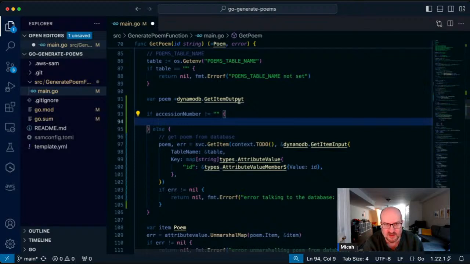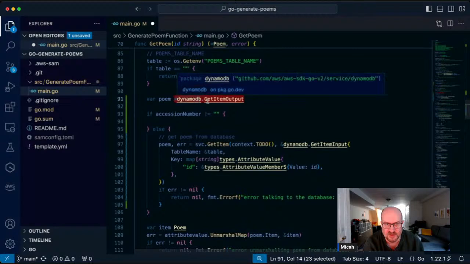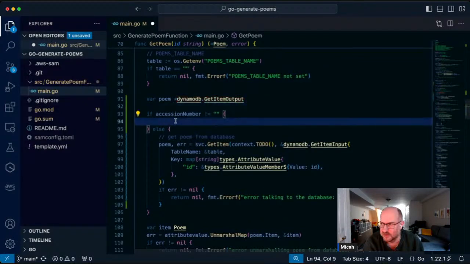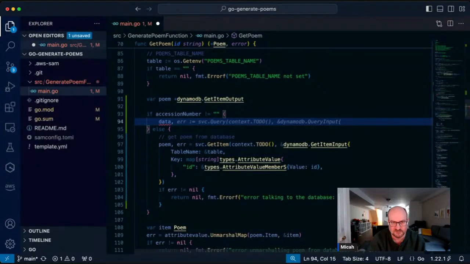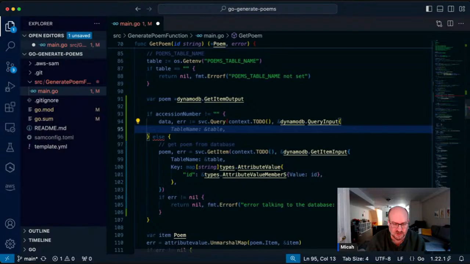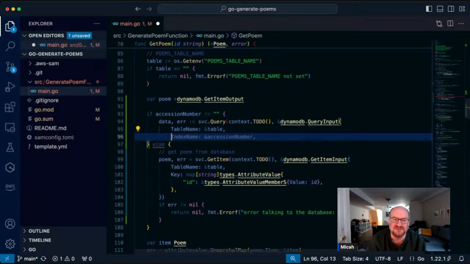we're not going to get back this same thing, DynamoDB get item output. We are going to get back something a little bit different. So let's just start typing. So data. Look at that! It already knows. Code Whisperer just knows. It understands me. It gets me. Look at this go.